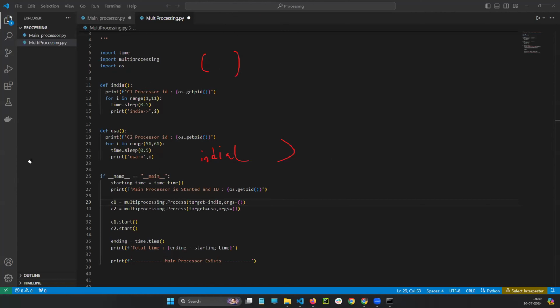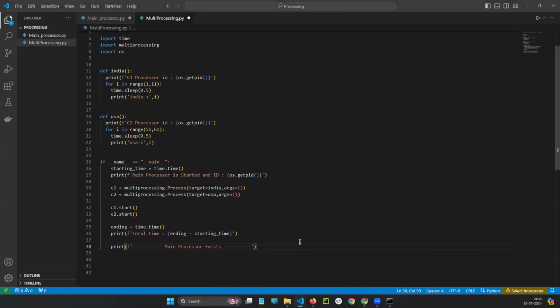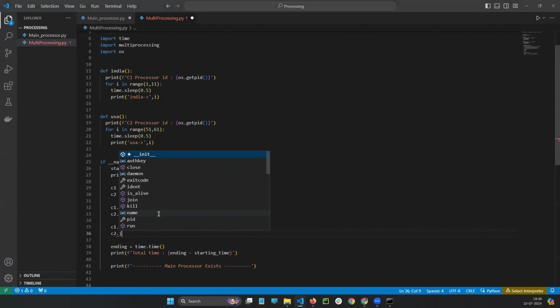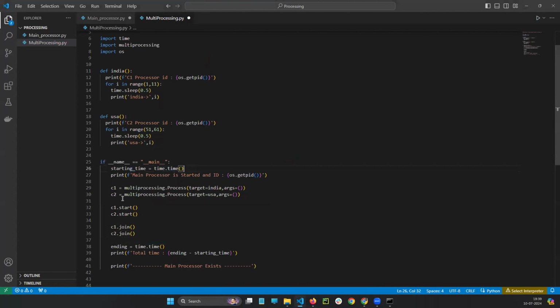Okay, sir. Understood? Yeah. Now, can we make sure that we hold the main CPU till the time C1 and C2 get completed? Yes. So C1 is requesting and C2 is requesting. The main processor is creating two things and allocating the work. C1 starts, C2 starts, and C1 is telling, hey main processor, please stay till I complete. Because two people who came to my home to work are requesting me to wait. So the main processor will wait until C1 and C2 get completed.